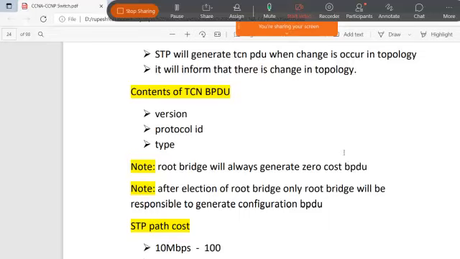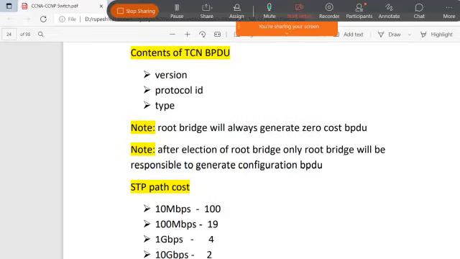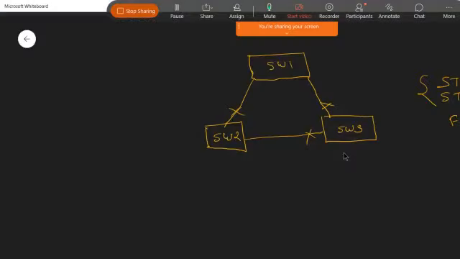Now here is the cost we have for a particular interface. If you are using an Ethernet port, the cost would be 100. For Fast Ethernet, the cost would be 90.